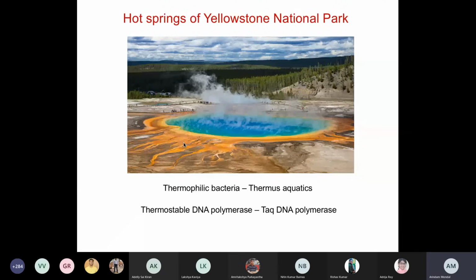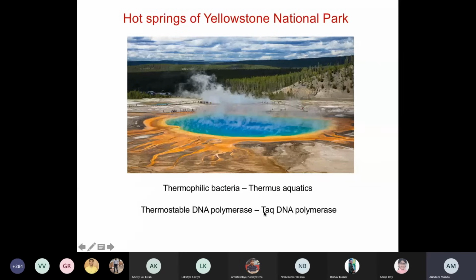They can only reside at a really high temperature where the water is always boiling. Okay. So scientists have discovered, one of the colleagues of Professor Kary Mullis has utilized this natural phenomenon that there are certain bacteria which love to live and divide at these really high temperatures. That means for their DNA replication, they must have a DNA polymerase which can retain really high heat and should be functional at a high temperature.